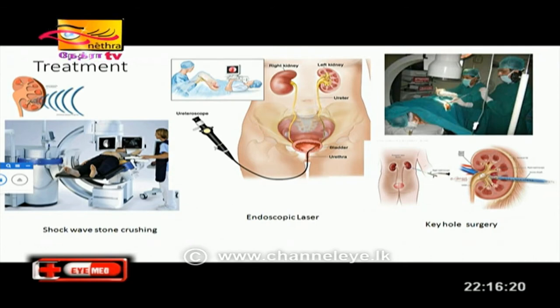You just lie down on that, and it's done under local anesthesia or sometimes just painkillers as a day case, no admission, no anything necessary. And we send sound waves after localizing, after seeing the stone in the X-ray, and then these sound waves will enter the kidney and crush the stone into small pieces, and in the next few days or a week or two you will pass them with your urine.